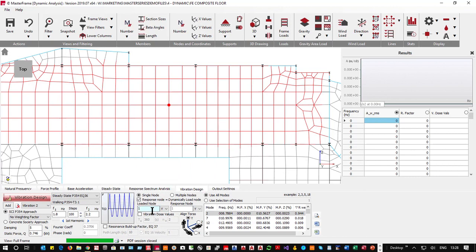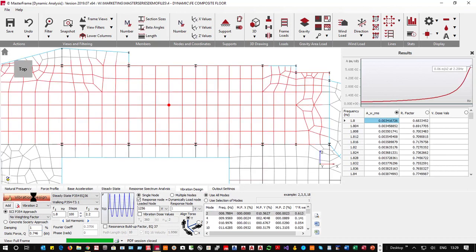Was not correct, 1256, and you don't have a value there because they're equal to each other. We're going to choose our dampening as 1, and we're just going to run with that and see what we get. So vibration, and we'll now see that we're getting our value here at 2.2 hertz. Now we don't really need to go above 2.2 because that is what the code tells us, to